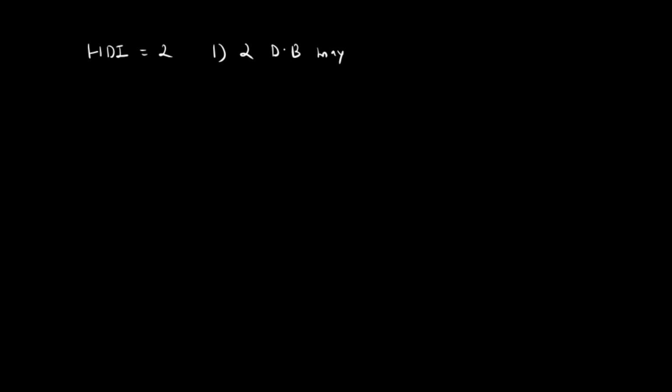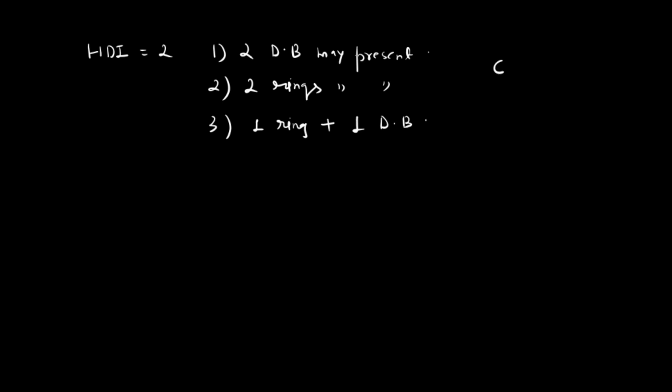The second possibility is 2 rings may be present. Number 3, a combination of these, 1 ring plus 1 double bond may be present in your compound. And the formula is